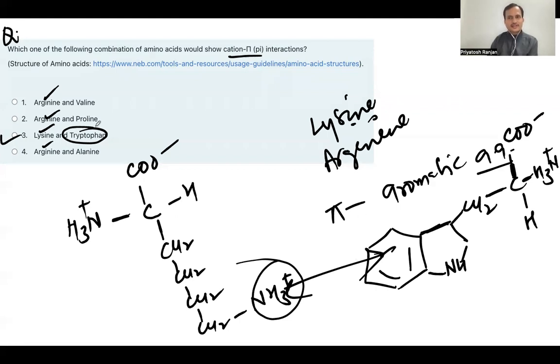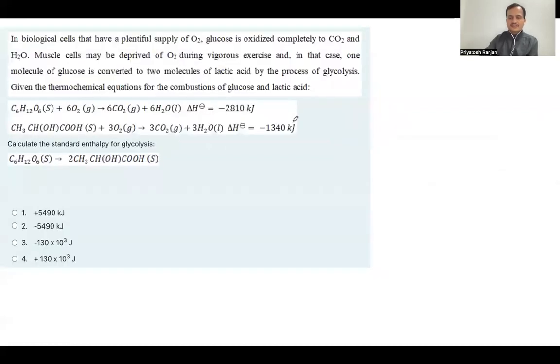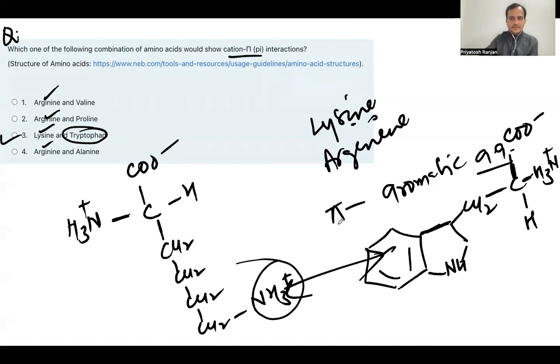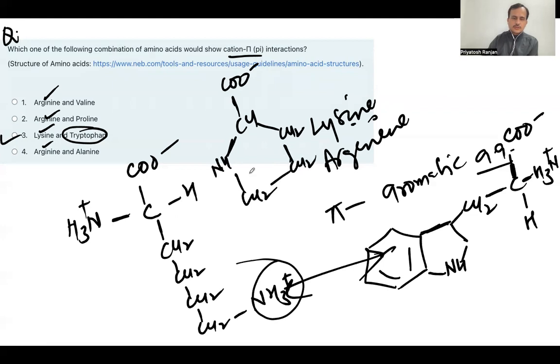How about the proline? Remember, proline is an unusual amino acid, and of course, it's not an aromatic. If you look at the structure, it's a rather cyclic amino acid. So if I have to draw the structure of the proline, look at this structure. There are no double bonds. So this is the one. And remember, its backbone is involved in its cyclic structure. So this is for the